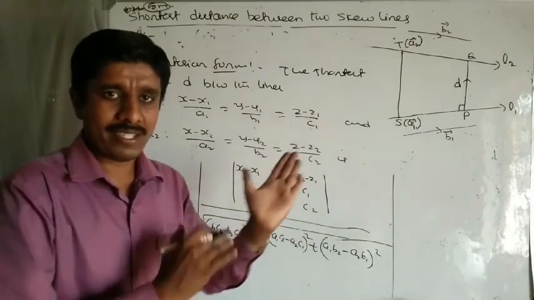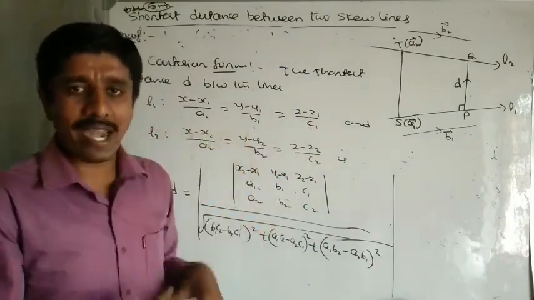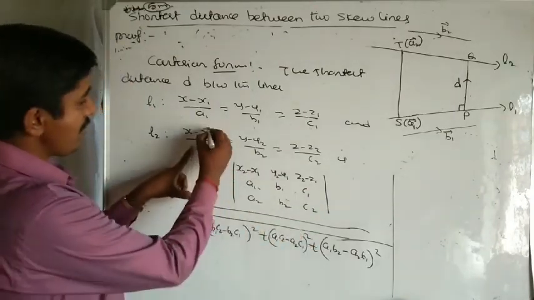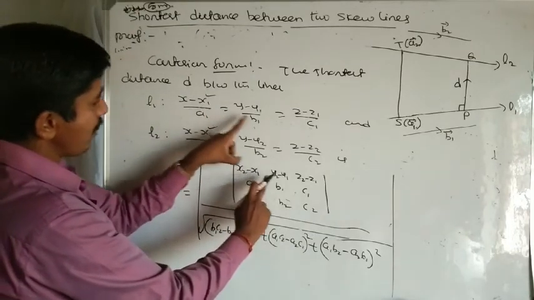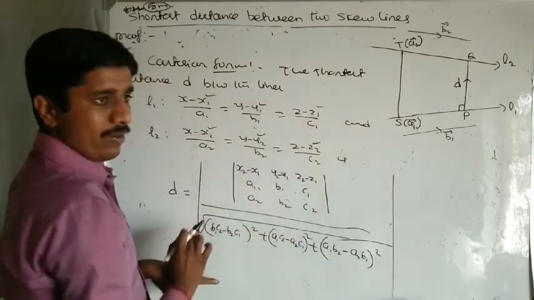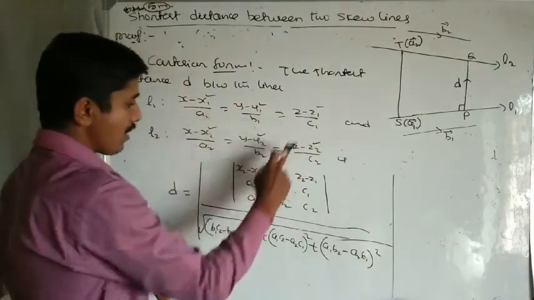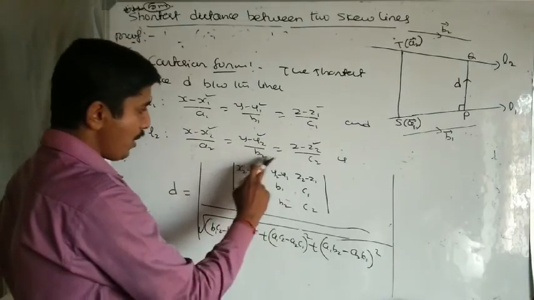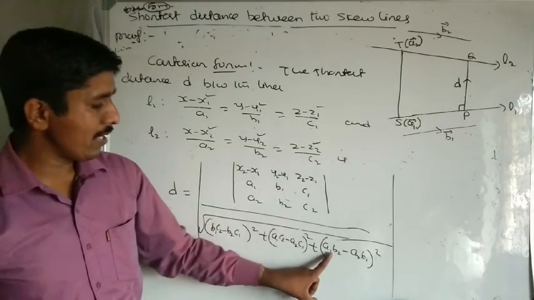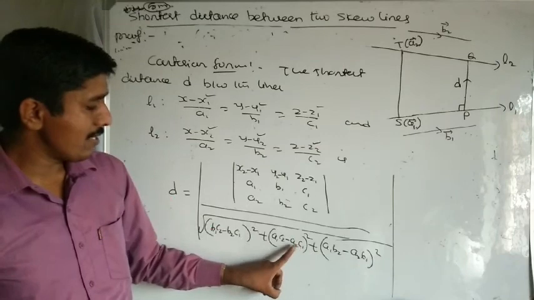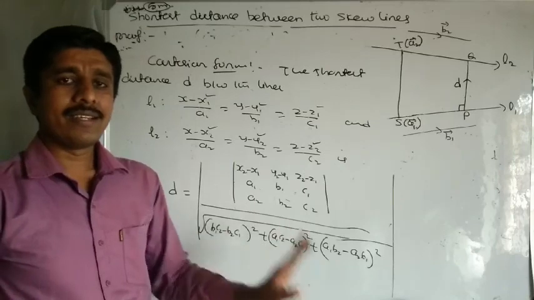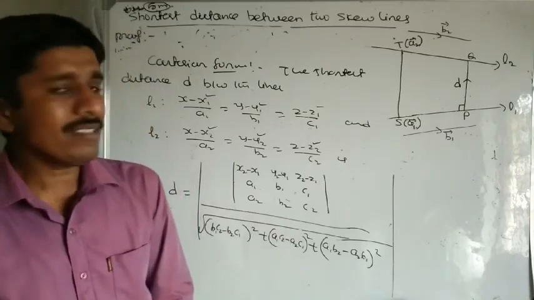We have proved the distance in vector notation, and we get this formula, or directly we write D equal to the modulus of the determinant with first row x2 minus x1, y2 minus y1, z2 minus z1. In the second row take a1, b1, c1. In the third row take a2, b2, c2. All divided by the square root of the sum of squares: here AB, where 1 2 means take 2 1; here AC, 1 2 means 2 1; BC, 1 2 means 2 1. This is the shortest distance between two lines in Cartesian form.